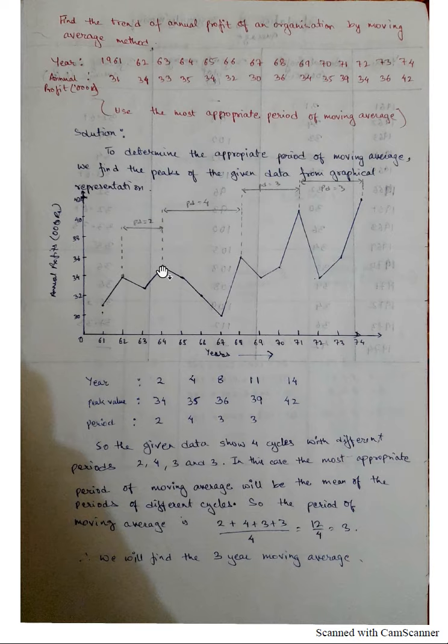Again from this upward peak to this upward peak we call another cycle, and from this upward peak to this upward peak we call another cycle, and from this upward peak to this upward peak it is yet another cycle. So from one maximum point to another maximum point we call it a cycle. So what we do here is we find the time difference between different upward peaks, or the different peaks.